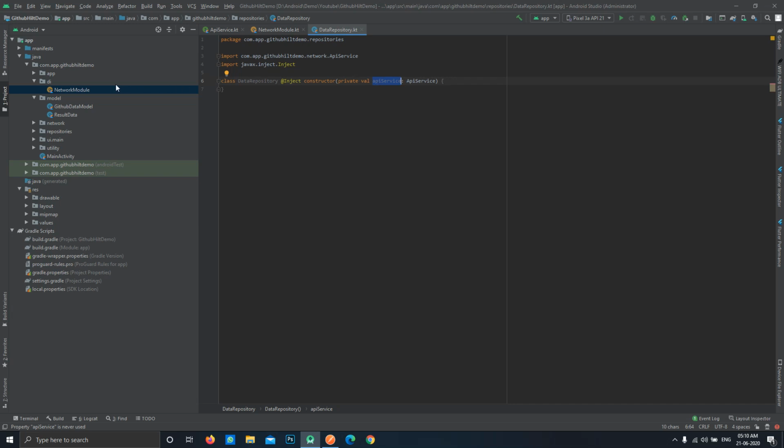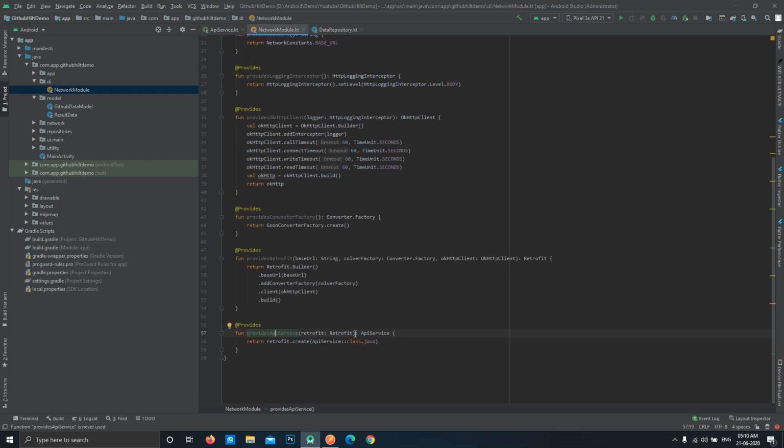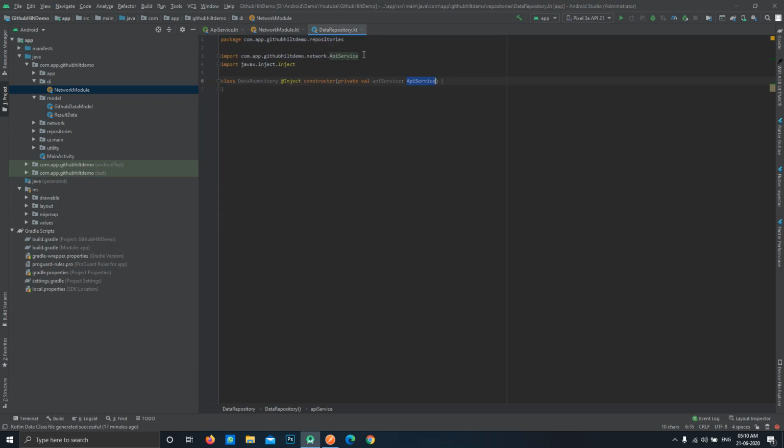This is all the magic of Hilt, but we need to do some additional configuration that I will tell you in the subsequent steps. But this is all for our constructor injection. We can simply specify the inject keyword, and we can inject any instance that we have already defined. Like this instance we have defined over here, API service. Whenever we do the injection of any instance, our Hilt library will help us get the instance and provide it to this repository class so that it can use it.